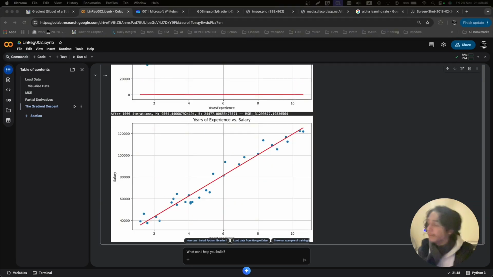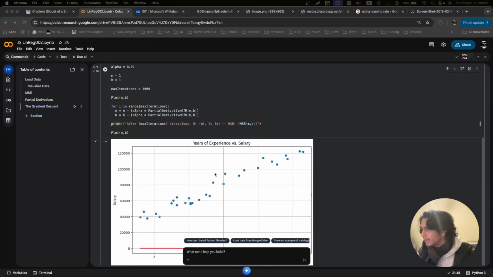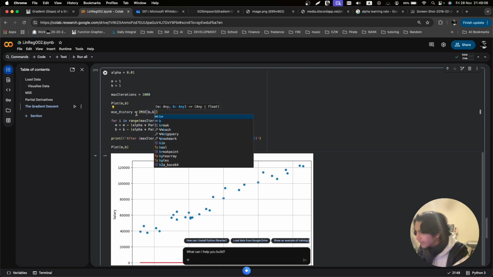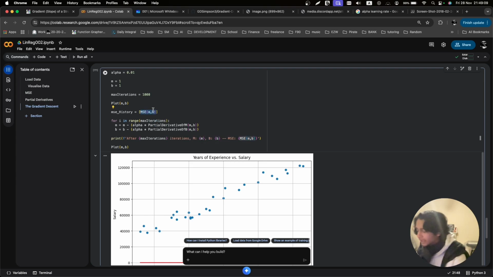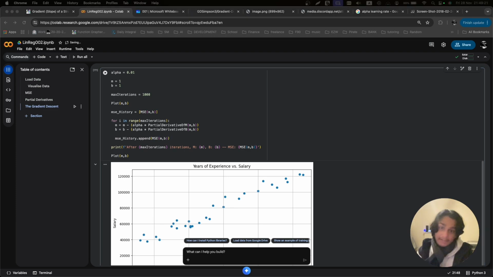And finally, let's visualize the MSE too. Okay, so we can actually save all the values of our MSE. So let's create an MSE history array, and let's put in the MSE for m and b, right? A first value, right? And continuously we can append, so MSE history dot append, and we can put in the MSEs, right? And afterwards we can plot that over